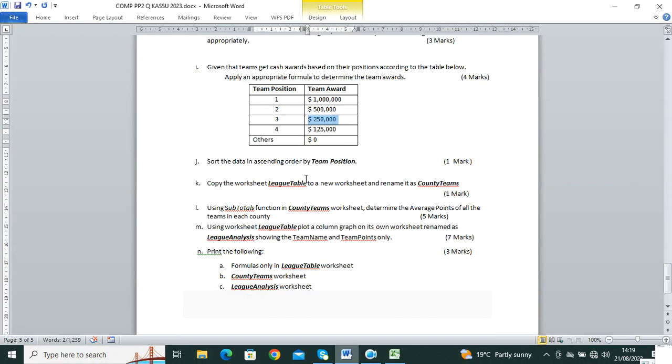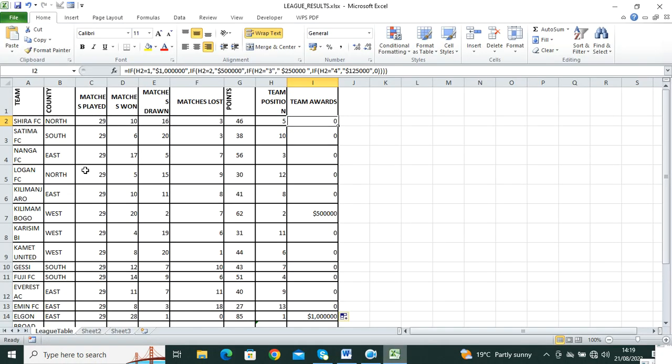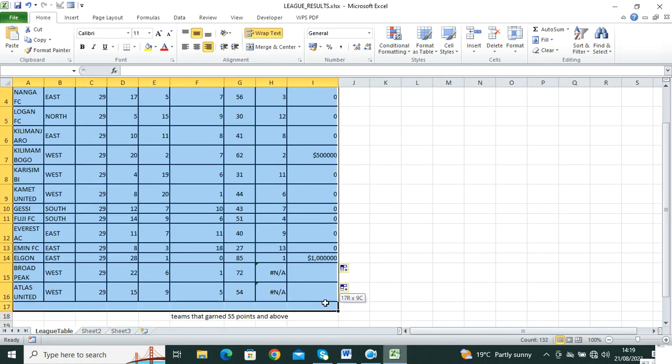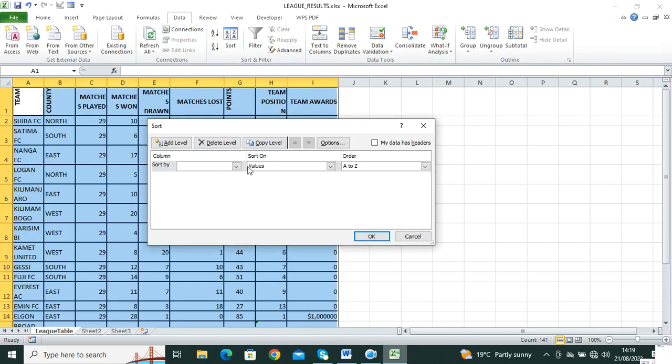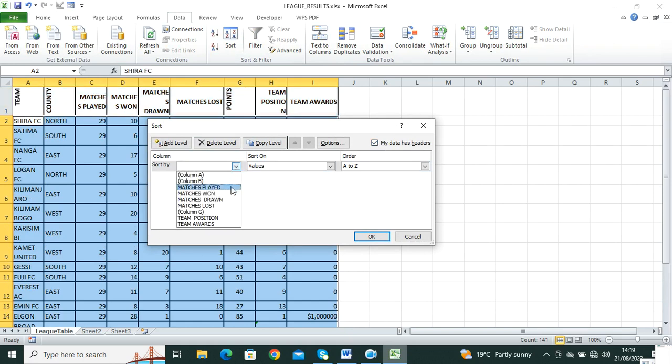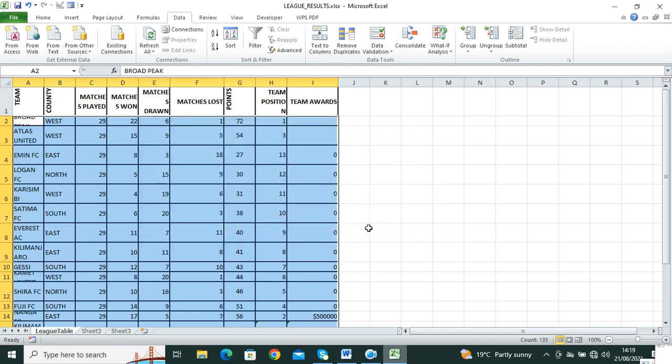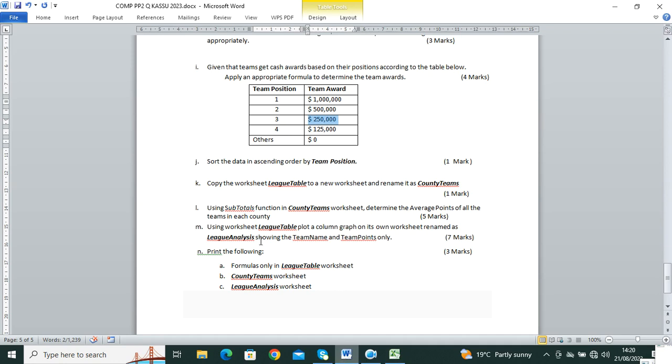Sort the data in ascending order by team position. So just highlight this one up to that point. Go to data menu, sort. Then here you tick my data labels. Then you choose position in descending order, largest to the smallest. That's what the examiner wants. Then from there,